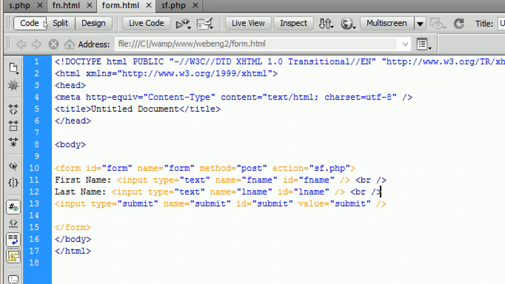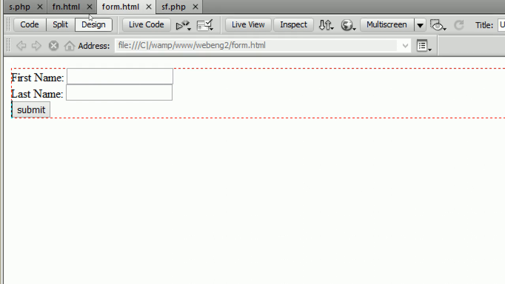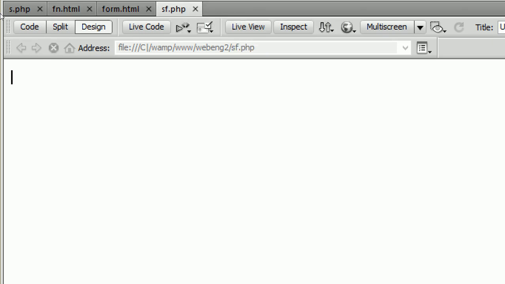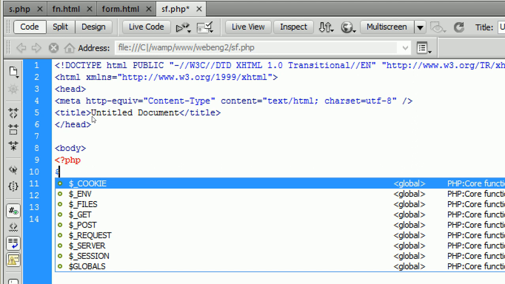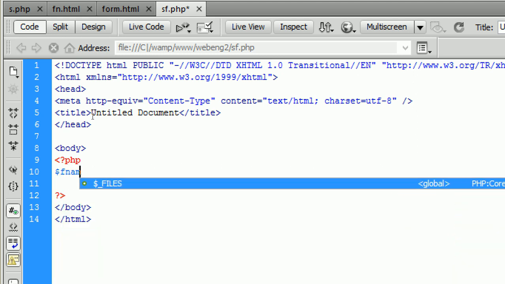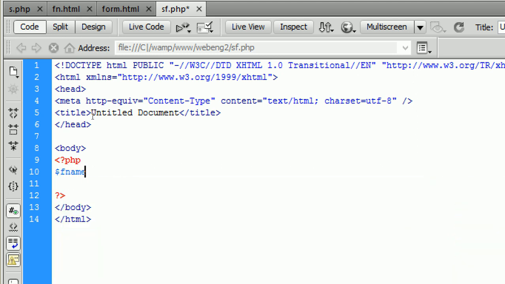So it will look like this. In the second file, the PHP file, go to the code mode. Inside the body, I'm writing the PHP code to receive the value. Clear? For receiving the value, I need to create some variables. The first is for fname, first name. It will receive the first name, which is equal to